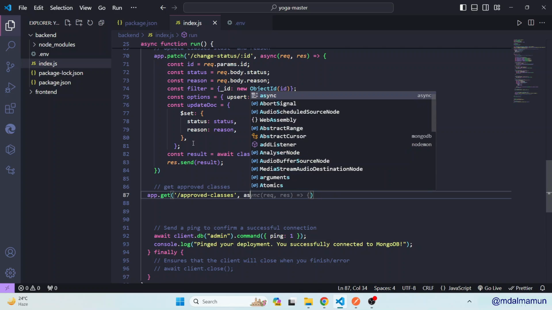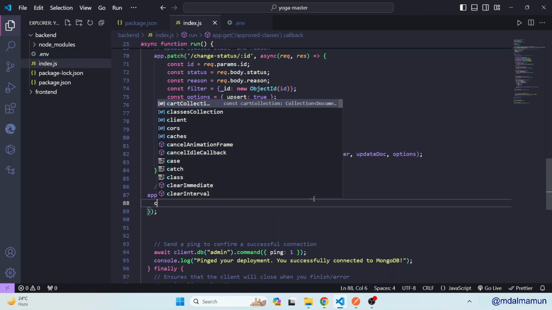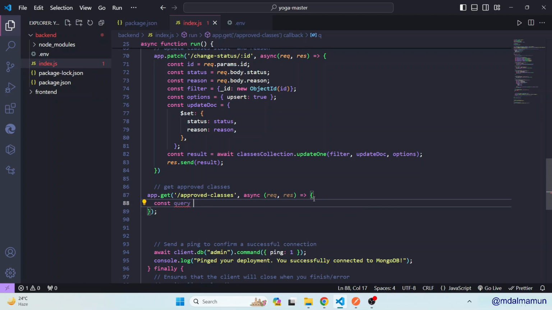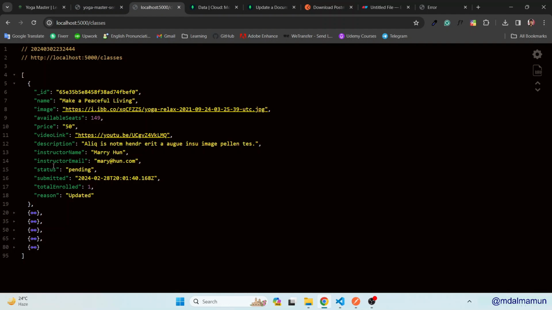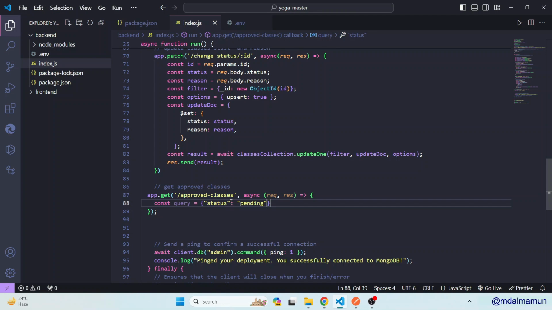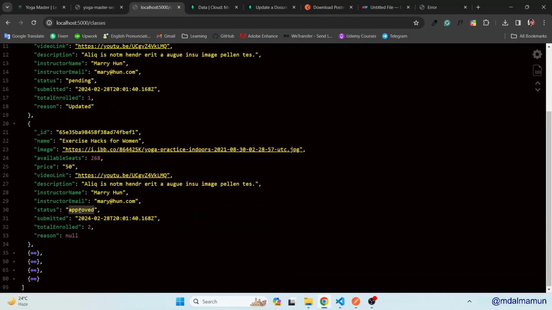then we'll have async, then request response curly braces, and then inside here at the beginning we'll have const query equal, we'll have status. So let me check the status here. So this is the status stuff. Let me copy this and paste it here. Instead of this, we can just remove this, and we'll have approved the second one. Let me open the second one. We'll only just get the approved,